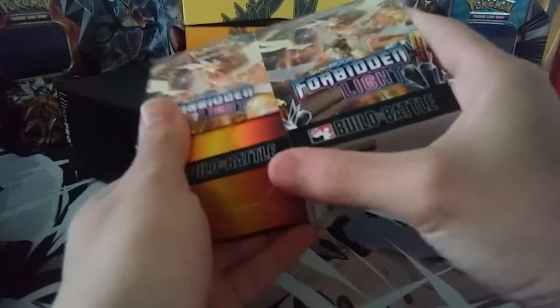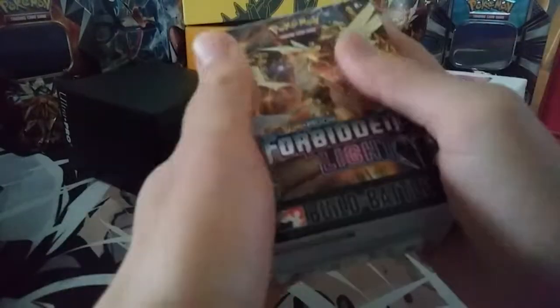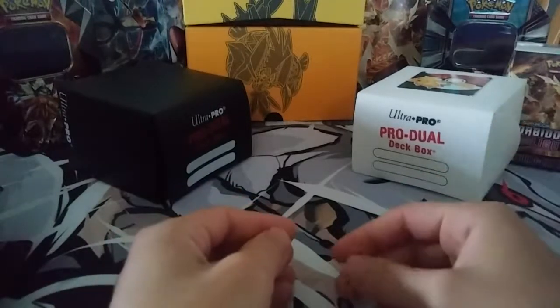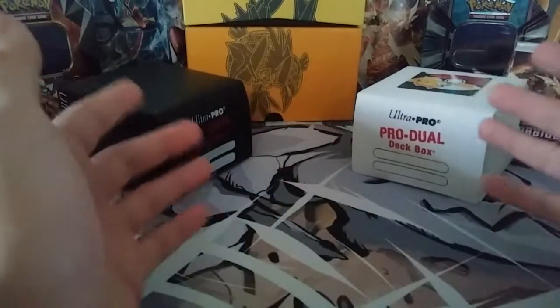So hard to put it in sometimes, but you know what, it holds your cards. What else can you use? You want to go and store a big carton? That's what everyone's looking for. Well, we got right here